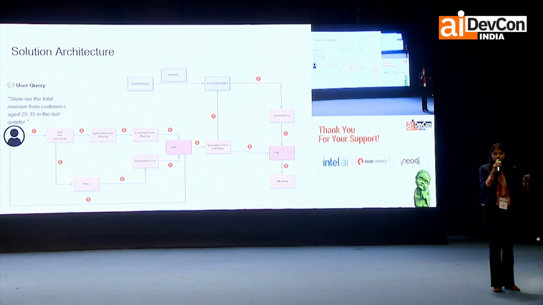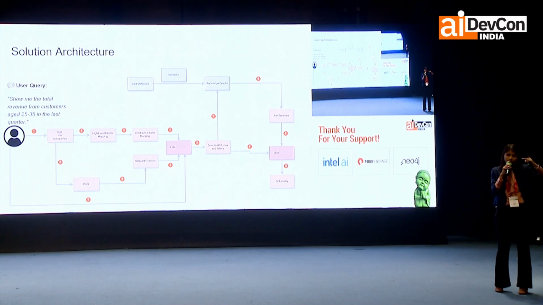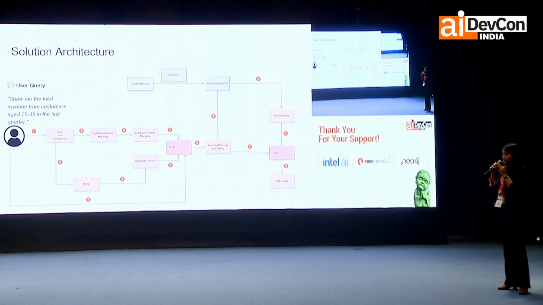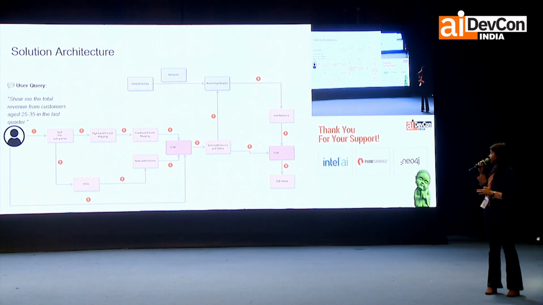We split the query into sub-queries. So in this example, one sub-query will have total revenue. Another sub-query will include customers aged 25 to 35, and another sub-query will be taking the time-related information. Now we have sub-queries which include different metrics or the keywords that are there in the query. We have given these sub-queries to RAG in order to retrieve the relevant tables and columns.